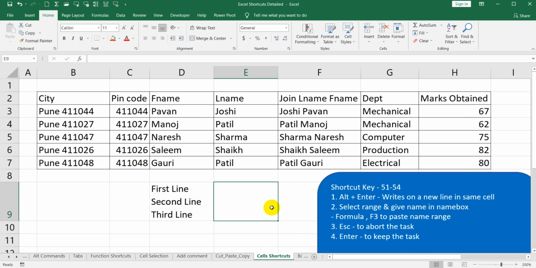The next is the use of name range. Here you can see the name box, which we have already seen in the Excel interface. Now let's consider this range, that is H3 till H7. If you want to provide a specific name for this range, if you want to create the name range, you can simply click on this and